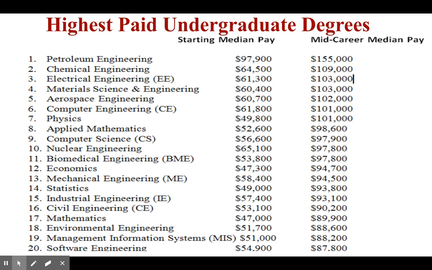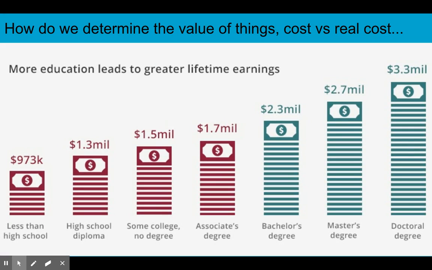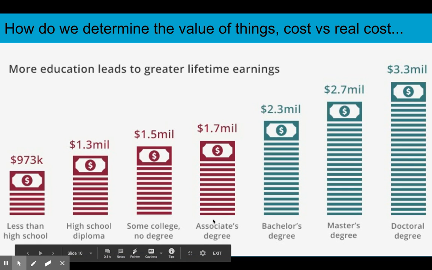What are some of the highest paying degrees, or highest paying undergraduate degrees? Undergraduate degrees would be like, say, a bachelor's degree. This is kind of a little college lesson, but the first lowest level of degree you can get in college is an associate's degree. This is an associate's degree. It means you've got a 2-year degree from a college, like a community college, probably.